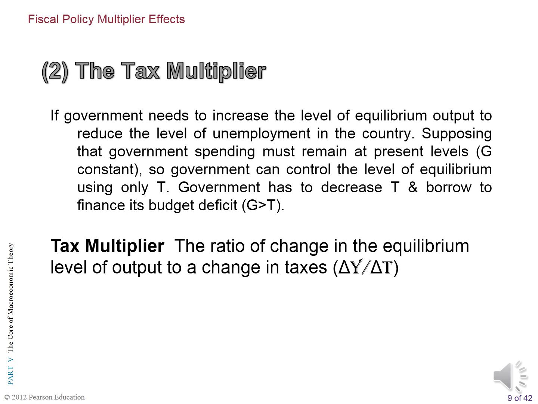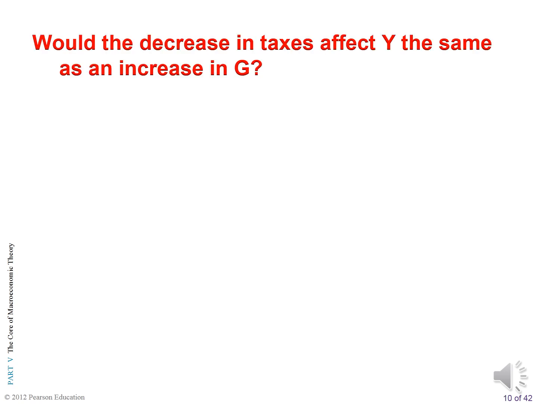طبعا التاكس multiplier as usual this is the ratio of a change in equilibrium level of output to a change in taxes, delta Y over delta T. ما فيهاش مشكلة دي. اوكي طيب would the decrease in taxes affect Y the same as an increase in government spending؟ خد بالك بقى عشان الكلام ده مهم قوي، هو ده اهم حاجة في اللكتشر. هل an increase in government spending will have the same effect on Y as a decrease in taxes؟ حقيقة لا